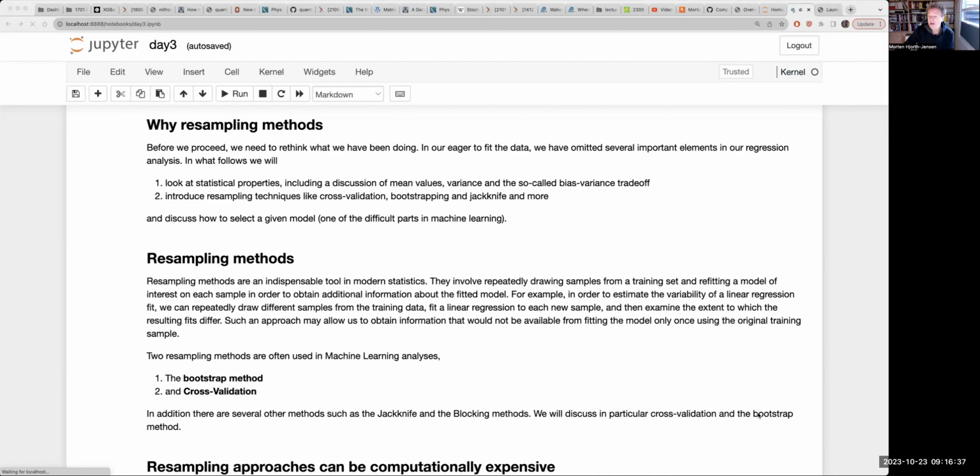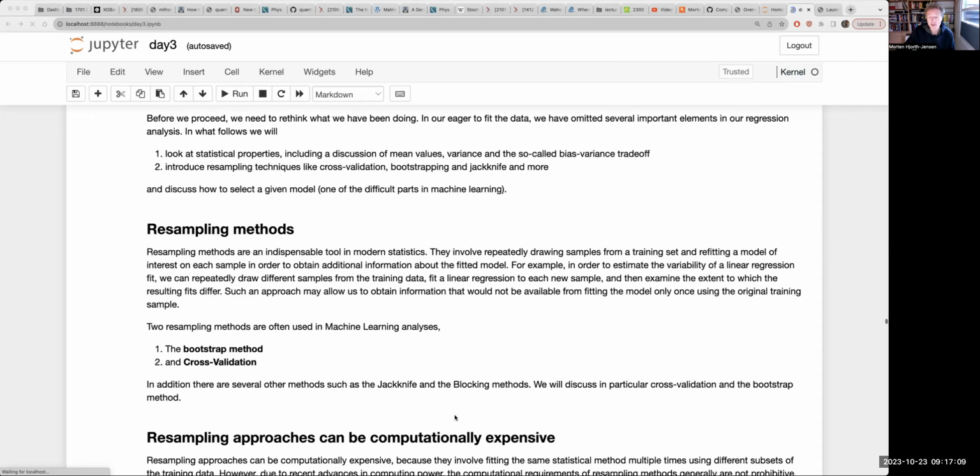And some of you may have met these techniques already. You may encounter other ones, like the jackknife method, which was a precursor to the bootstrap method. And there's also a method which is called the blocking method. So all these methods try in a way or the other to get a better estimate of expectation values, given a limited data set. So let me try to explain what this means by switching over to the whiteboard and look at some specific